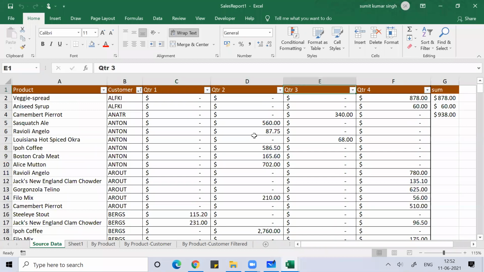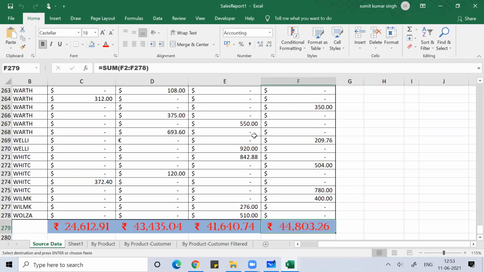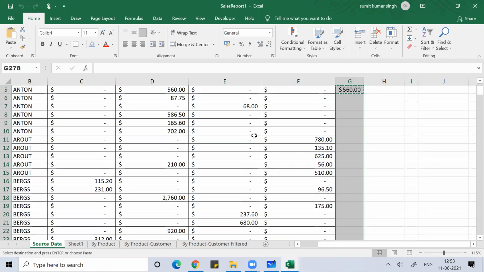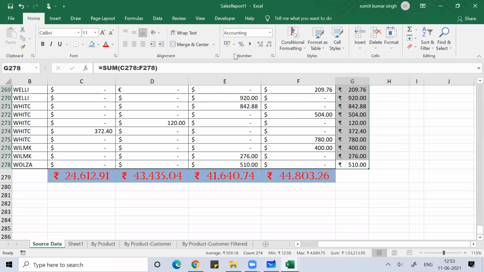So here I told you with Alt equal to, you can do the sum. Once you do the sum once, no need to perform that again. You simply copy that. You can't do Control down arrow because here nothing is there below. So left arrow, Control down arrow, you went to the end, then right arrow, then up arrow, till here you want the sum. Now Control Shift up arrow, Control V. You will get all the sums. You want it in rupee, you will click rupee. You will get the value in rupee.